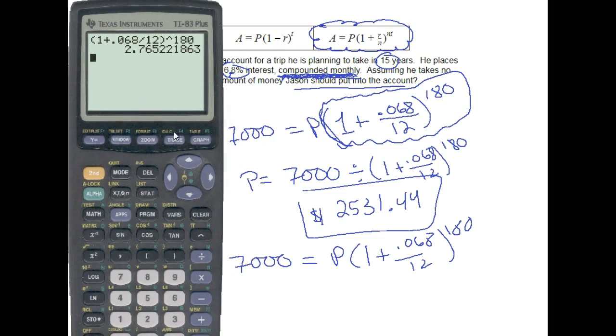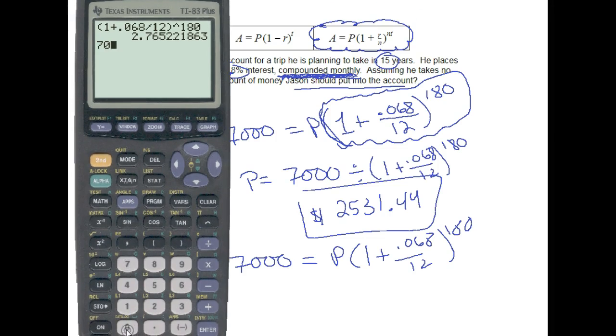Now, I don't want to write this whole thing down, but if I were to do that, it'd be 7,000 equals P times all this craziness, and then people know they've got to divide. But if you make the mistake of taking 7,000 and dividing it by just 2 point something, rounding this off to a few decimal places, I want to point out that you do not get the same answer. It's pretty close, and close enough for government work, I guess, but it's wrong, and that would take off points. So don't round stuff. If you're going to take this route and do 1 plus 0.068 divided by 12 to the 180th,